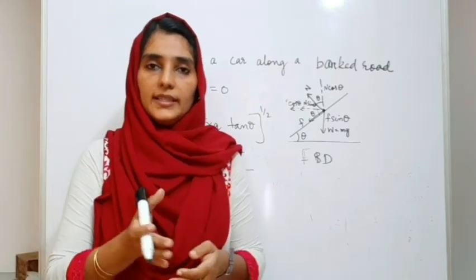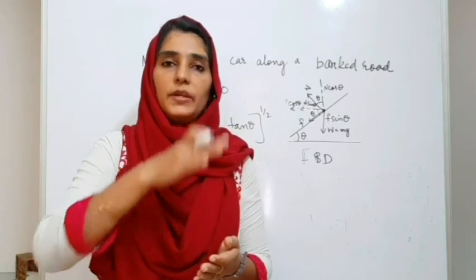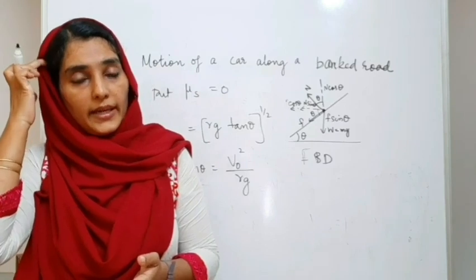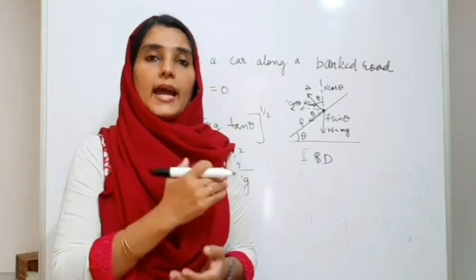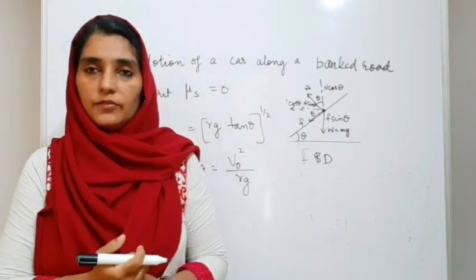So he shifts his body at a certain angle with respect to the vertical, so that the component of the normal force now adds up to the frictional force to provide the necessary centripetal force. So bending of